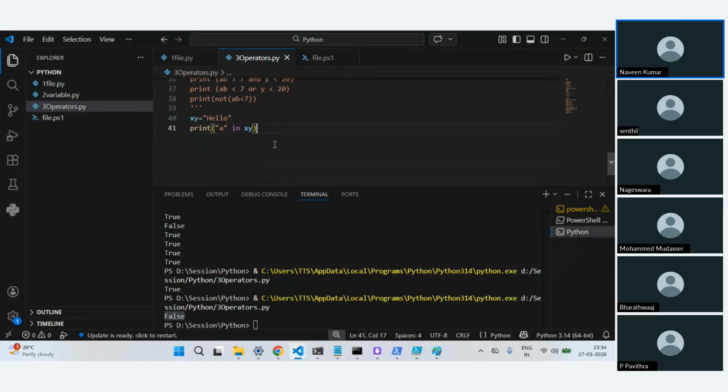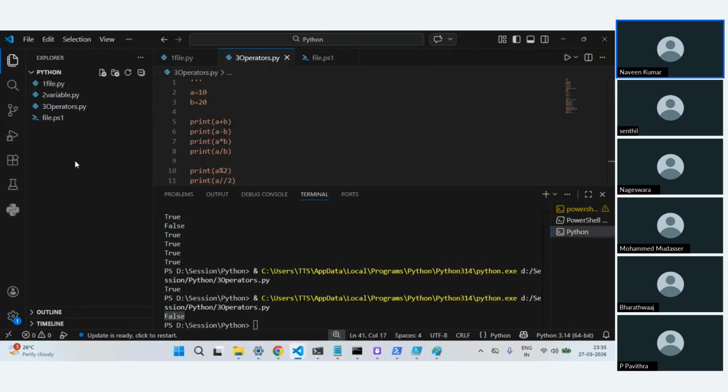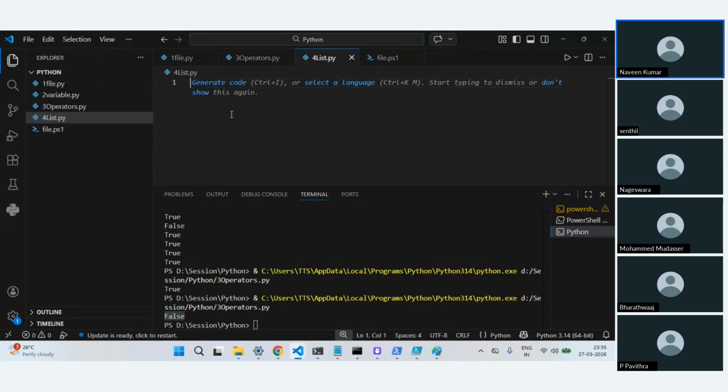Whatever we have seen so far is just storing a single value for a given variable. We have stored a string, numbers, float, or boolean data types. Now we'll see some of the other important data structures. First we'll start with something called list, in 4.py. A list is nothing but you can store more values, and it supports different data types.